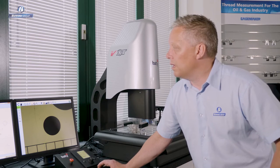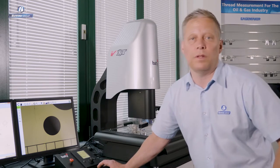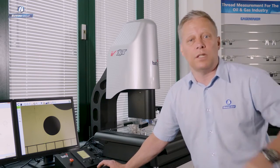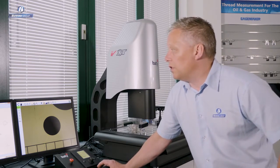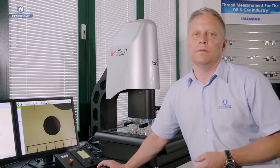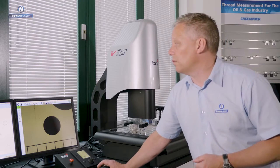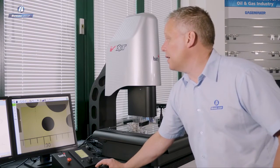it also gives me a very, very good understanding of the form of that circle, because 300 and something points around a 2mm circle describes the shape of that circle extremely well. So it's like we've scanned it, and vision gives you a good understanding of form error as well as the nominal geometric result. Okay, so a great tool that we have on the Venture XT is the ability to drive